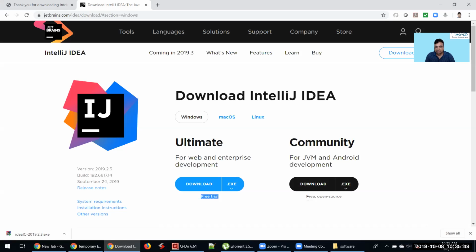Whereas Community is open source. So this is like free for life, right? So I want to use the open source one, so I'm just downloading the Community version. If you want to buy the Ultimate version, you can download and use the Ultimate version. Okay. So I'm going to demo the Community version. Right. So once you download,